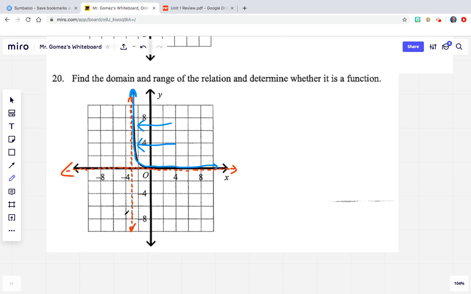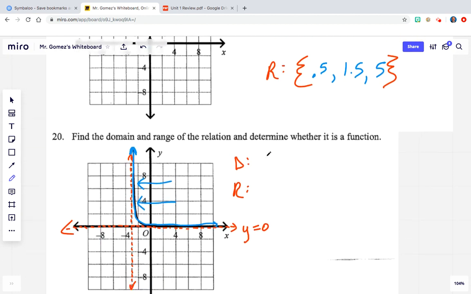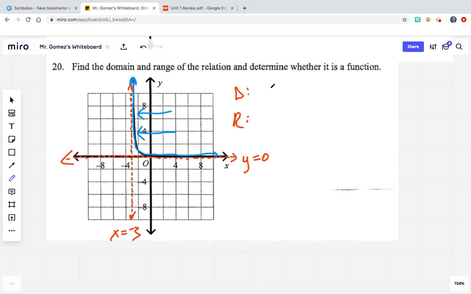Okay, so this vertical line here was x is equal to -3, and this horizontal line is y is equal to 0. And again, this blue graph looks like it's getting really, really close to both of these asymptotes. So we're going to describe the domain and the range accordingly. Let's go ahead and start. This is not going to be in braces as far as number 19 was up here, because that was discrete. And this is not in braces because it's not asking for set notation. So because it's not asking for a specific way, I'm going to use my default, which is